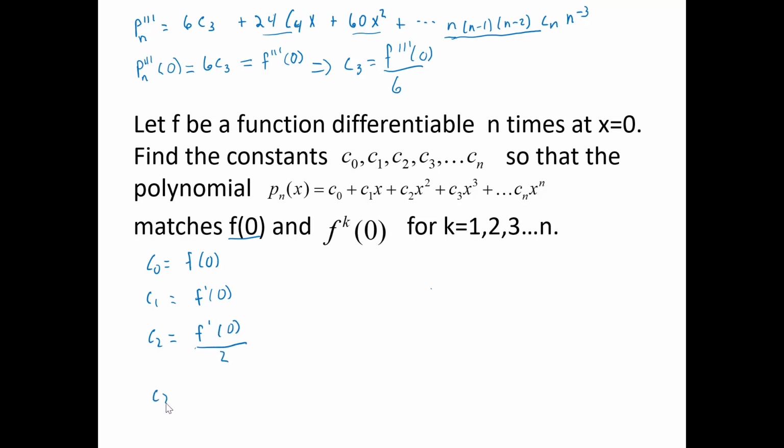And then my C3 was f triple prime of 0 divided by 6. It may not be obvious what the pattern is, but it turns out that this is f of 0 divided by 0 factorial, because 0 factorial is 1. This is f prime of 0